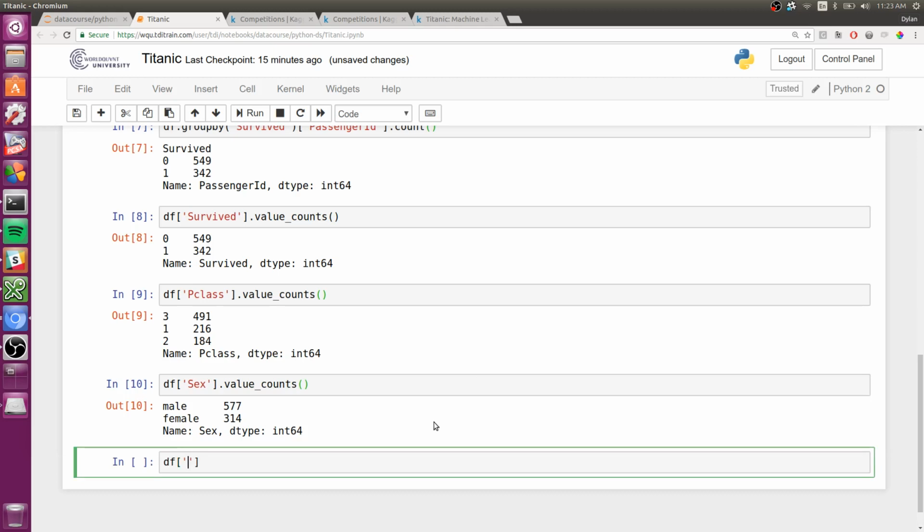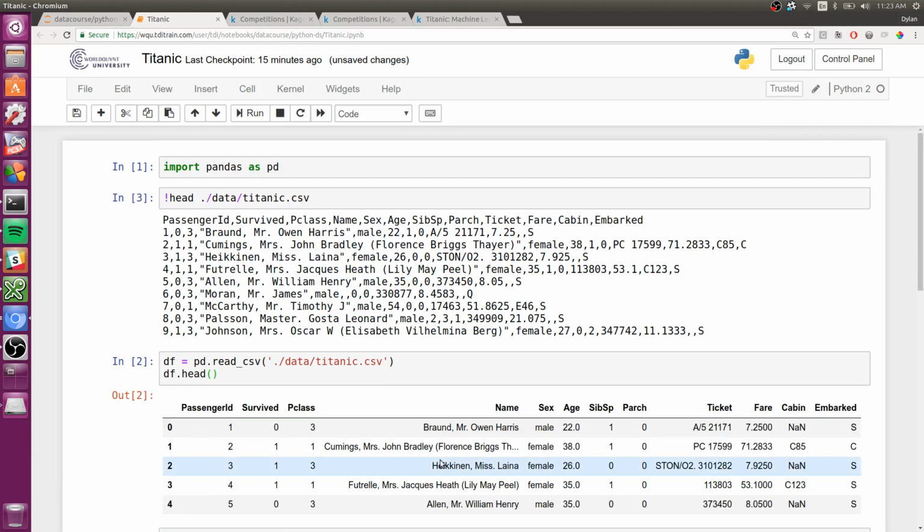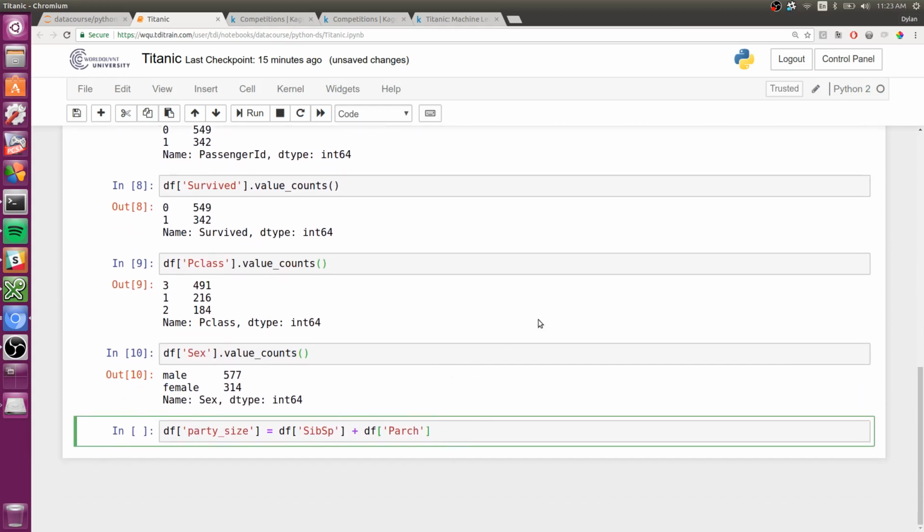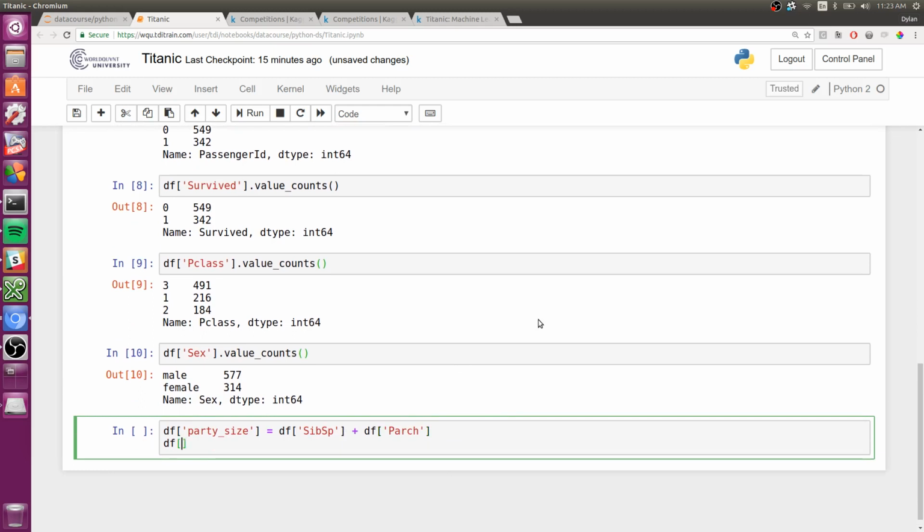So for example, let's create a new column called party, or party size, that will be the sum of the number of siblings, spouses, parents, and children that a passenger was traveling with. And if we look at the distribution of party sizes,